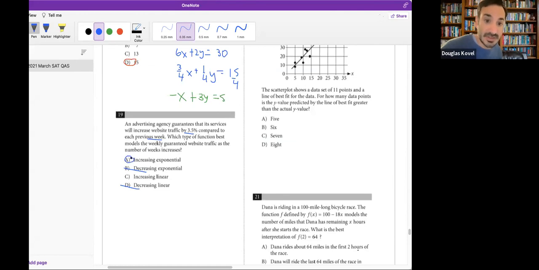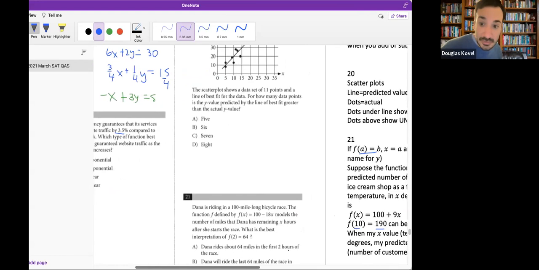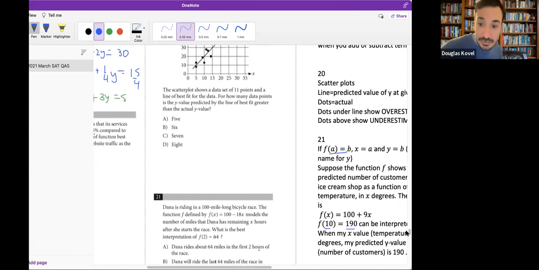And then when we get to 27, we'll look mathematically at how we would represent this. Then we'll come back to this question after, and I can show you how we would represent that. But in general, if you're going up or down exponentially, it means you're changing by a constant percent. If you're going up or down linearly, it means you're changing by a constant number. All right, so for number 20,